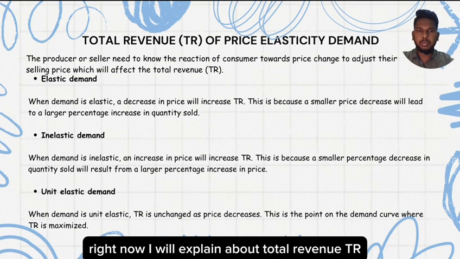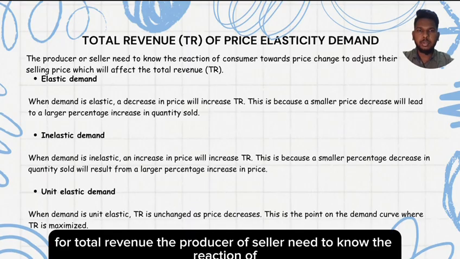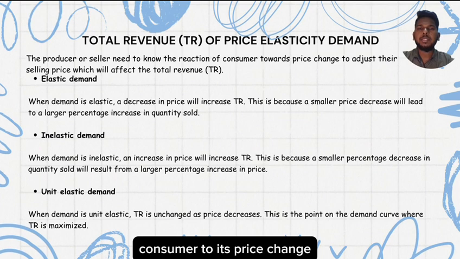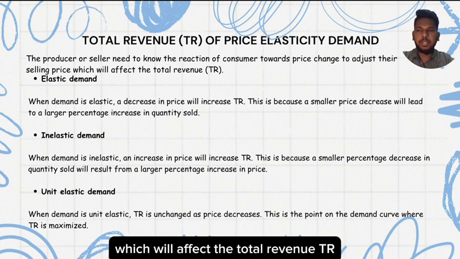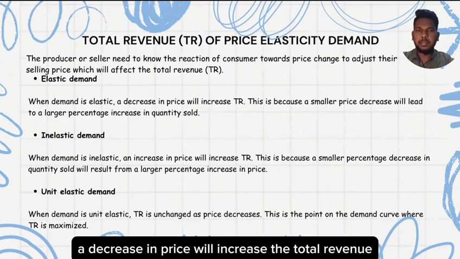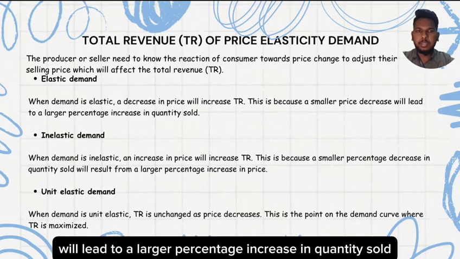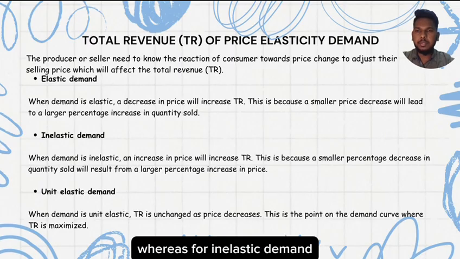Hi, I'm Kopriyan. Right now, I will explain total revenue, TR, in relation to price elasticity of demand. For total revenue, the producer or seller needs to know the reaction of consumers towards price change to adjust their selling price, which will affect the total revenue. TR for elastic demand: when demand is elastic, a decrease in price will increase the total revenue. This is because a smaller price decrease will lead to a larger percentage increase in quantity sold, whereas for inelastic